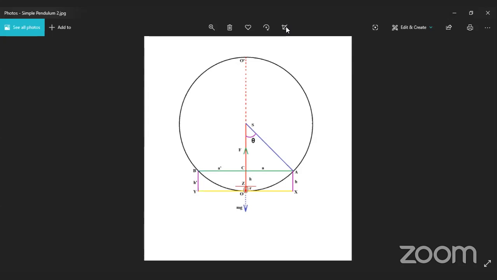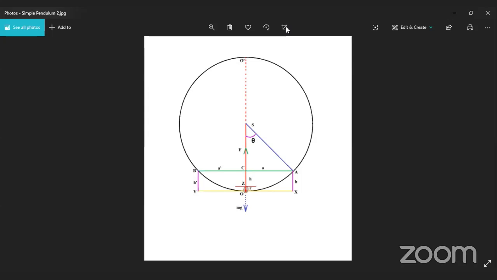The diameter OO prime and AB intersect each other at the point C, and you find that BC into CA equals OC into CO prime. CO prime is, by definition, twice L minus H. So H into twice L minus H equals A into A prime. If we assume that energy is conserved here, then A equals A prime, that is H equals H prime. From that you find twice L minus H into H equals A square.